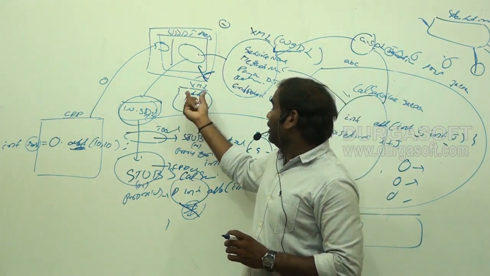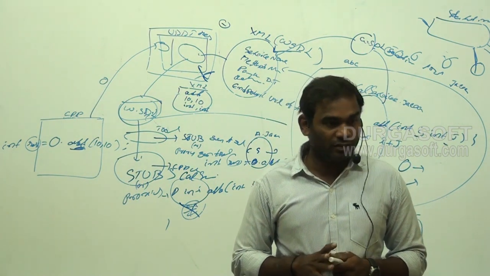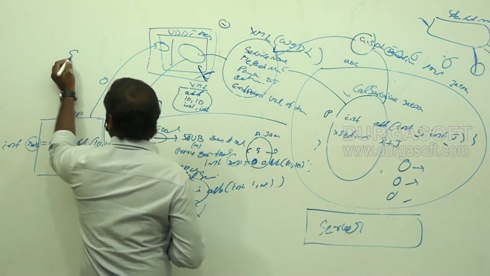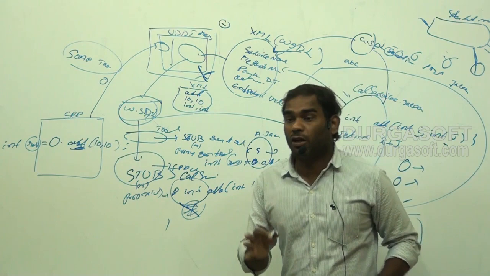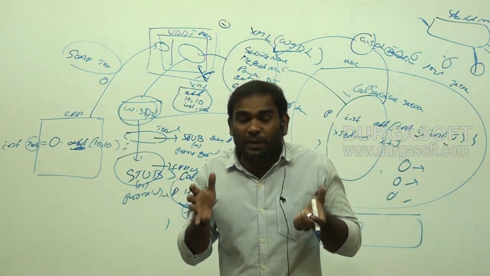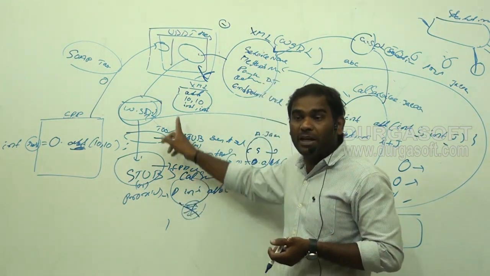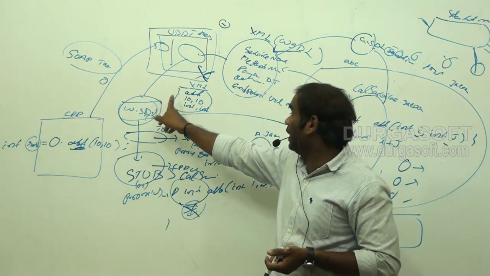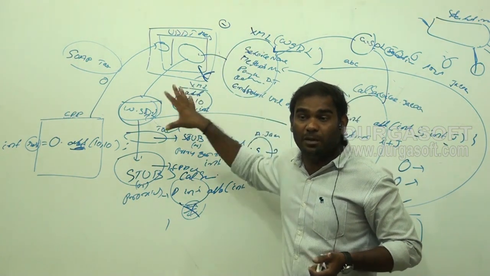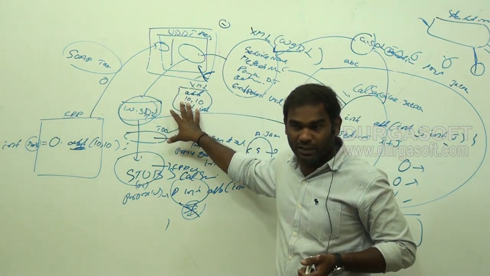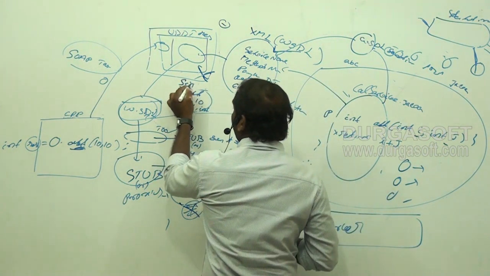Now this XML contains all predefined tags. These tags are called SOAP tags. SOAP is a protocol which contains a set of predefined tags. These tags are used by the stub to prepare the request. The WSDL file concept is over already. This prepares the request XML document. Yes. So this request XML document is called a SOAP request.